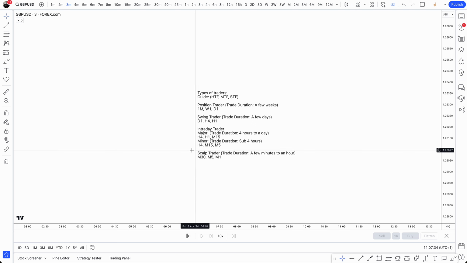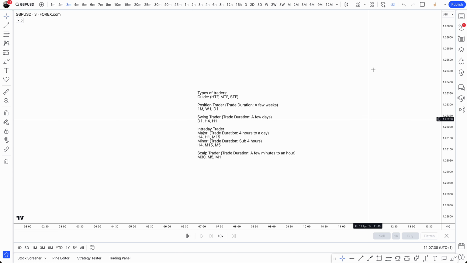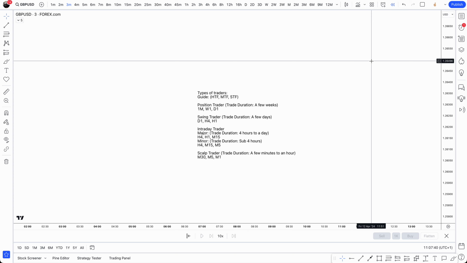Say if you're a scalp trader, if you've traded on the M1 and you're targeting, say, an M5 high, for example, and you're focusing on the micro moves of the market, you're able to look at the chart anytime within session and monitor and trade it, and adjust it how you want.